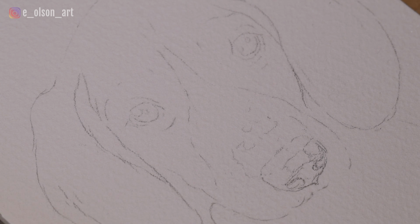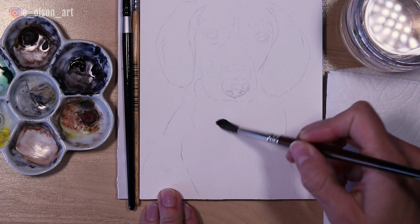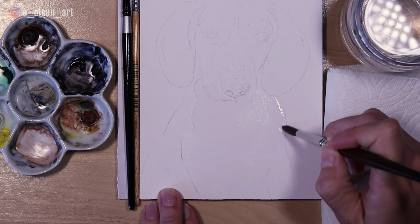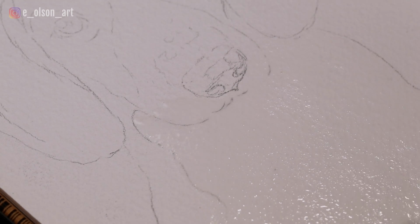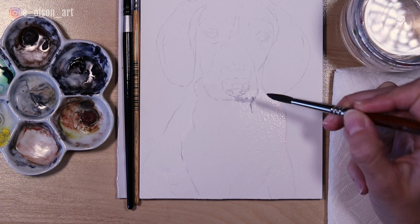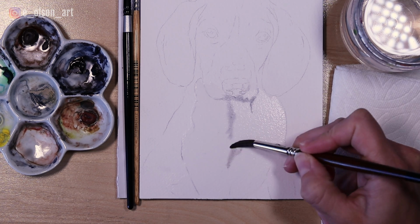I'm starting with the wet and wet technique. Using clean water on my size 8 Escoda round brush, I'm just scrubbing the water gently all over the belly part of the little puppy, and just staying within my pencil lines. Since this is a short fur dog, we don't have to worry too much about having a lot of fuzzy fur in the image. Now I'm taking a very watered down indigo and starting to gently suggest some shadow shapes